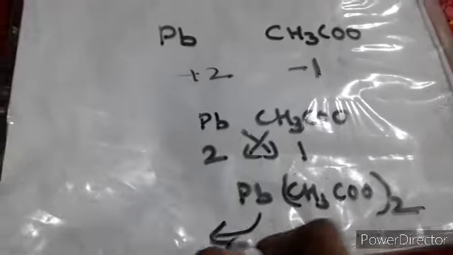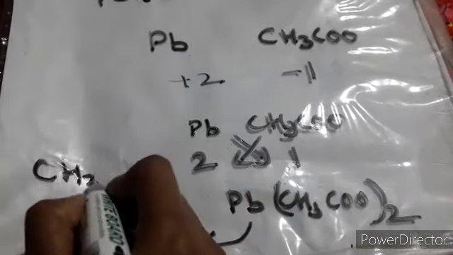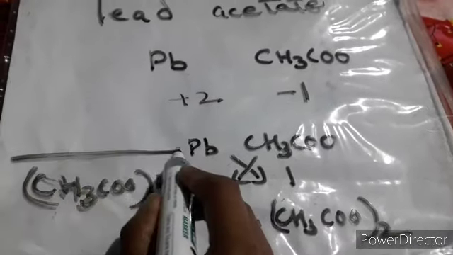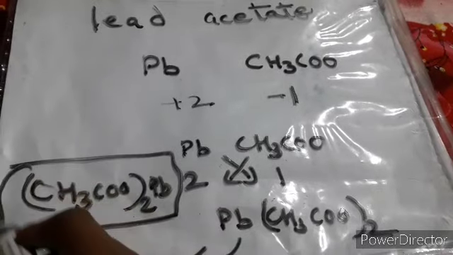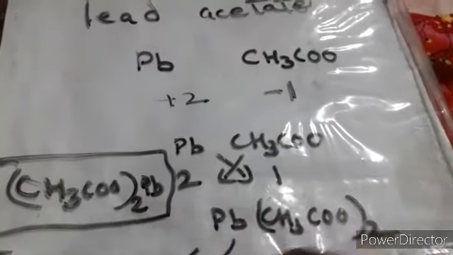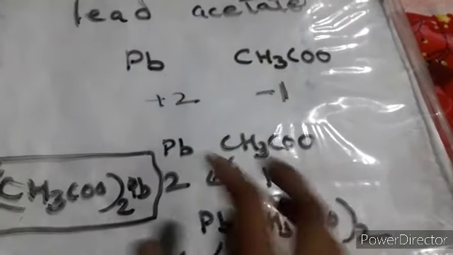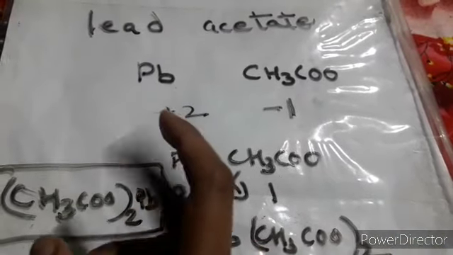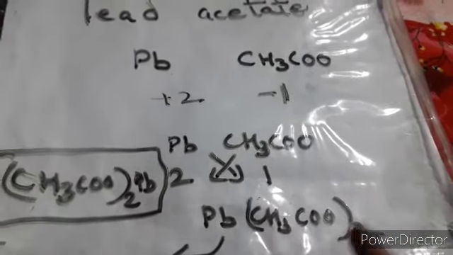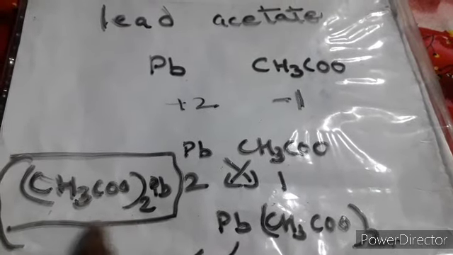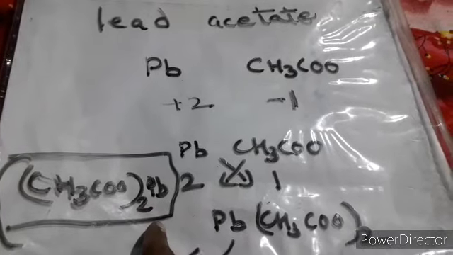Instead of writing it that way, you have to change this. Over here the negative part is written first, and then you write the positive part. This is a special case we have to remember for acetates, that it is written in this manner instead of that manner. The way of calculating is the same, because we are writing lead acetate, we'll follow the same pattern. But when you come to the answer, please change it: first you write down the anionic part, then you write down the cationic part, right?